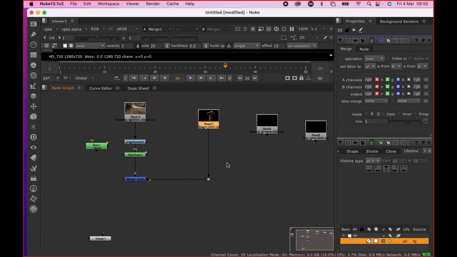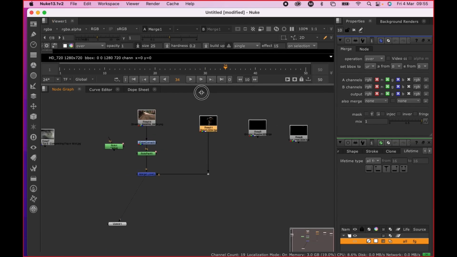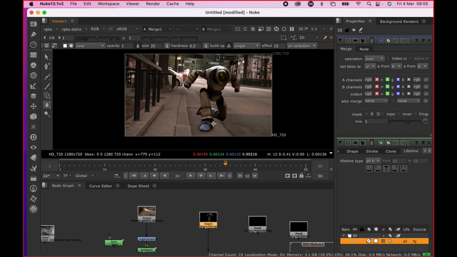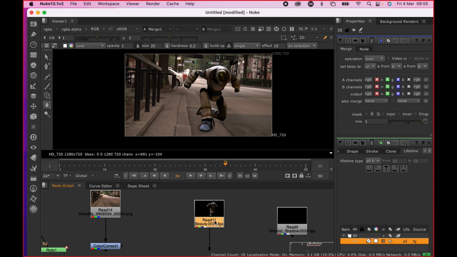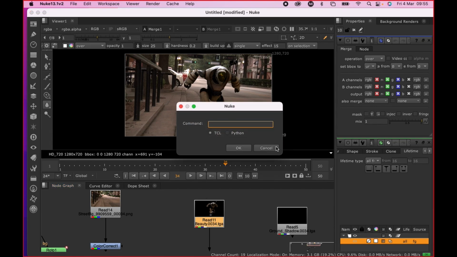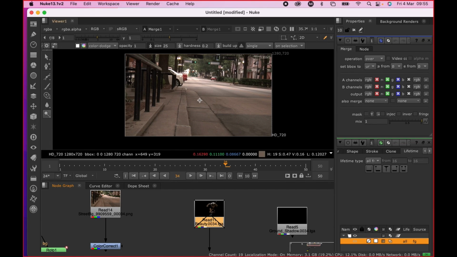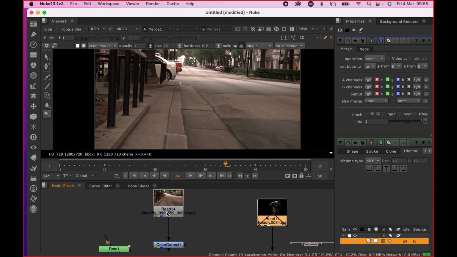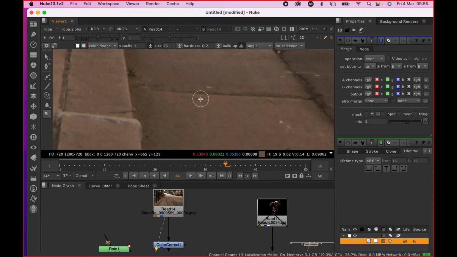Okay, so once you've got this, what we're going to do now is simply try to track the shot. So firstly, let's go here and press X on this. So I don't need to see any. Sorry, not X, D, just to come off from here, and I'm going to work on this track first. I'm going to press 1 on this shot, and what I'm going to do is go as close as